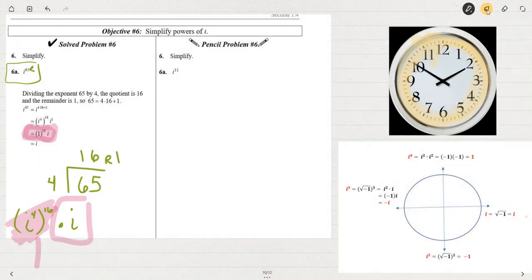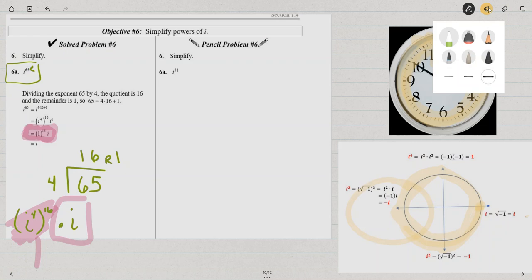Well, we're going to start here at i and go 1, i to the 1, 2, 3, 4, 5, 6, 7, 8, 9, 10, 11, 12, 13, 14, 15, 16, 17, 18, 19, 20, 21, 22, 23, 24, 25, 26, 27, 28, 29, 30, 31. Do you see where I'm landing? At i cubed. Let's see how that could work out